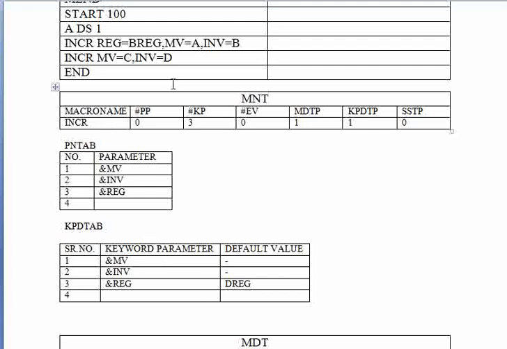and then we will fill the keyword parameters, and then we fill the positional parameters. So if we look at this macro call now, there are no more default parameters in this default table, so we have to just move to the macro call and try to fill the other actual values. The first one is a register, and the value happens to be B register, and C register happens to be a keyword parameter. So use the formula again.